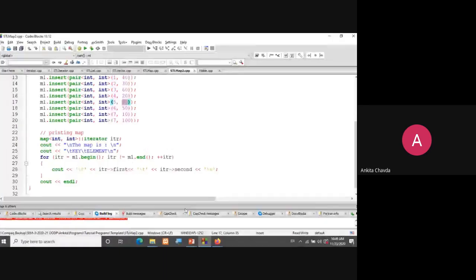So first and second are nothing but a kind of keyword, right, via which you can access your key and the value. Okay, so itr arrow first and itr arrow second will actually point to this key and the key value. Fine, getting the things. So when I'll run this program,